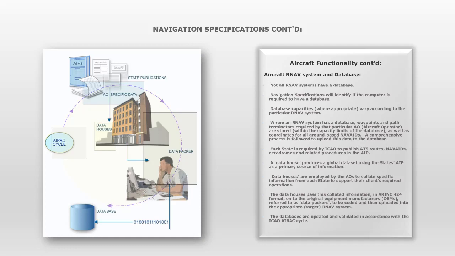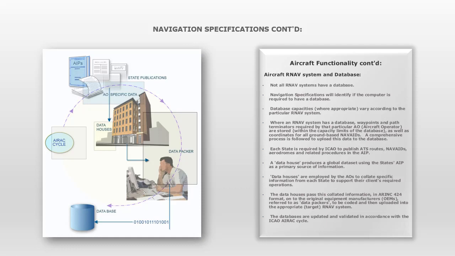Each state is required by ICAO to publish ATS routes, nav aids, aerodromes and related procedures in the AIP. A data house produces a global data set using the state's AIP as a primary source of information. Data houses are employed by the aircraft operator to collate specific information from each state to support their client's required